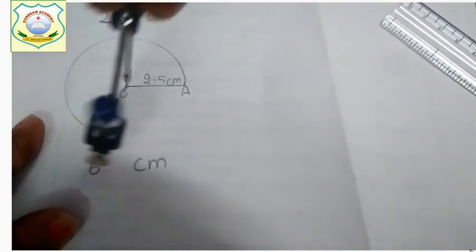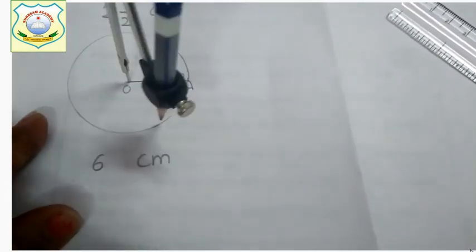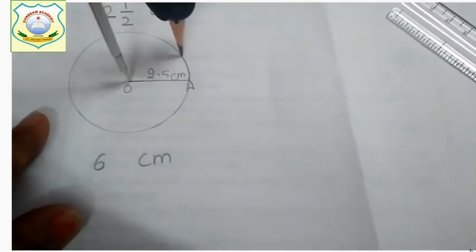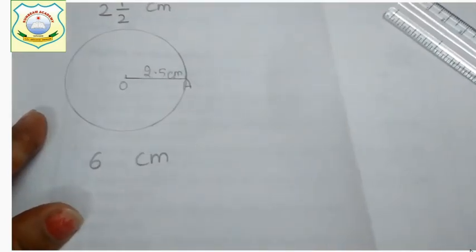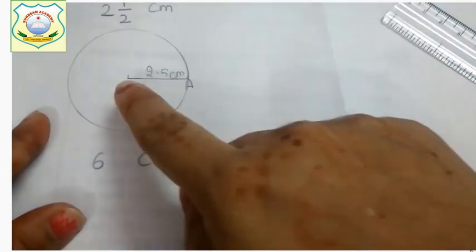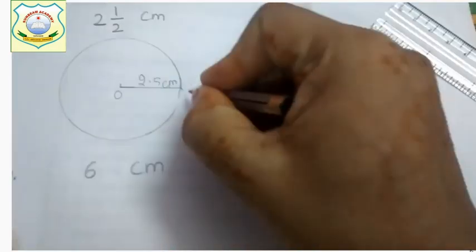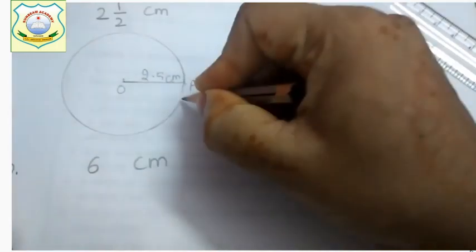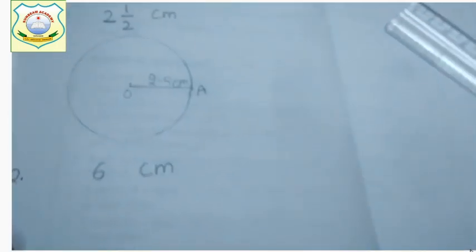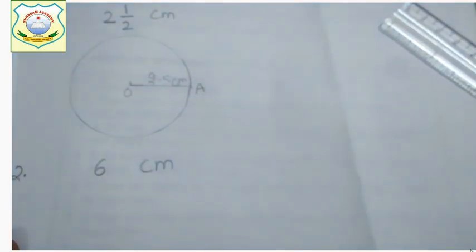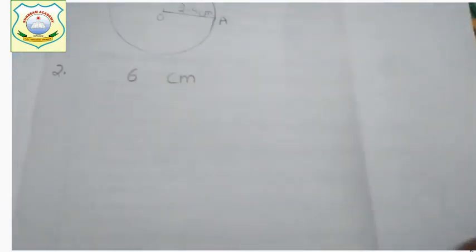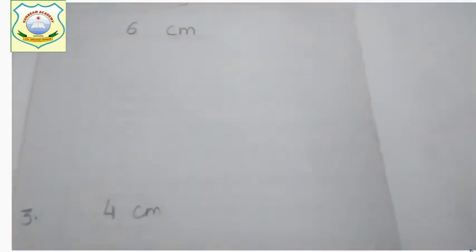Okay, so you can see a circle of 2.5 centimeter is exactly drawn, and name it as OA. I have written A here. You can write outside also. So write down A here and join this line. Now this is a circle OA of 2.5 centimeter. Now we have to draw a circle of 6 centimeter.